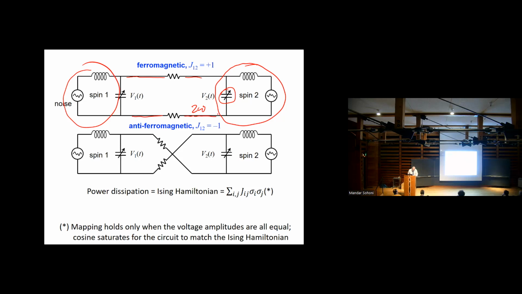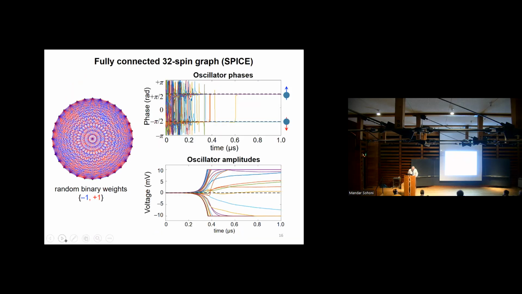the two oscillators will lock in phase. And if you connect it with sort of anti-parallel wires, they'll lock out of phase. And in this way, you can build up an entire circuit which has no magnets in it, but has exactly the same physics. And so this is an example of something that we did.